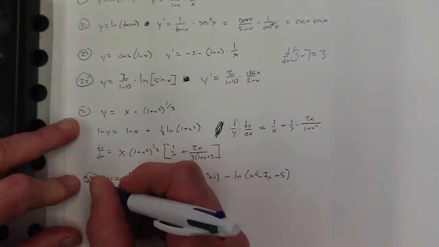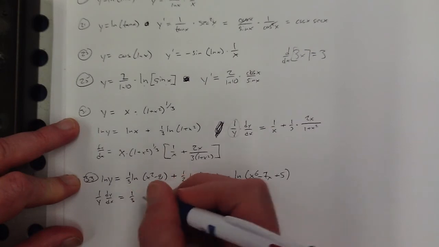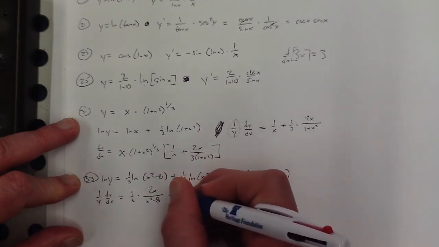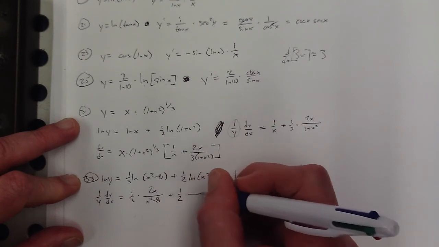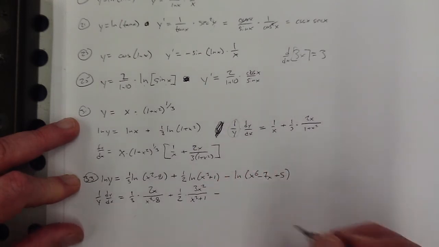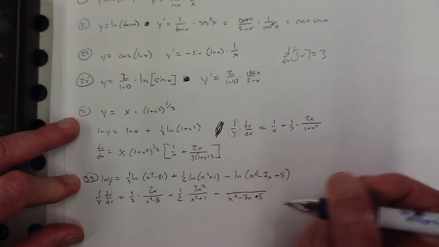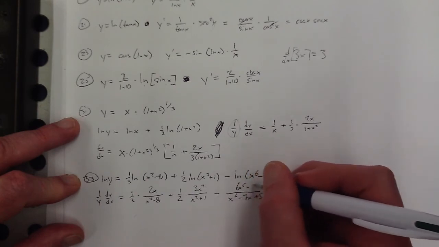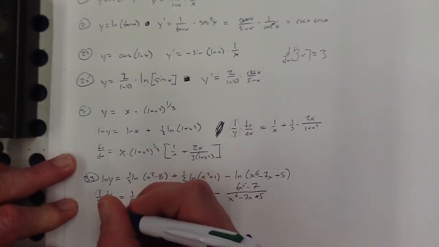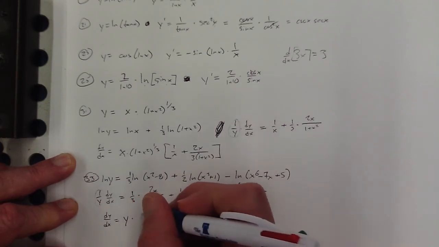And then I have the derivative of this is 1 over y dy dx. That's equal to 1/3 x squared minus 8 on the bottom times the derivative of what's inside. Here, x cubed plus 1 on the bottom times the derivative of what's inside. And finally, x to the 6 minus 7x plus 5 times the derivative of what's inside. And then to write the final answer, you just have to move this over to the other side. So dy dx is equal to y, which is the original function, times